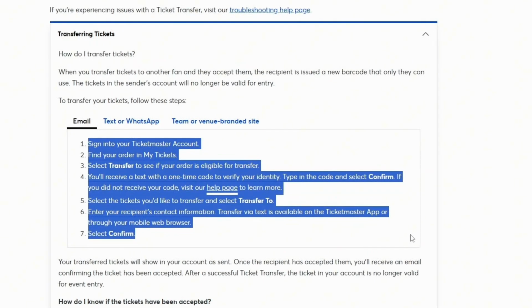That's it. The recipient will receive an email with instructions on how to accept and claim the ticket in their own Ticketmaster account. So this way you can easily transfer NFL ticket from